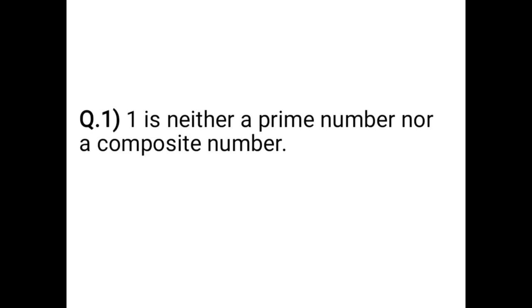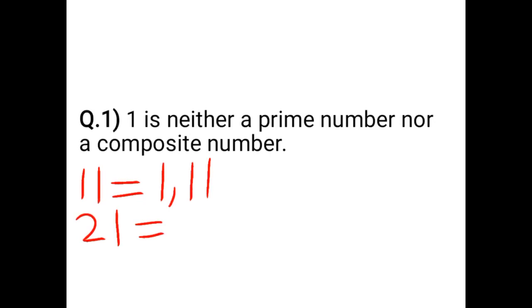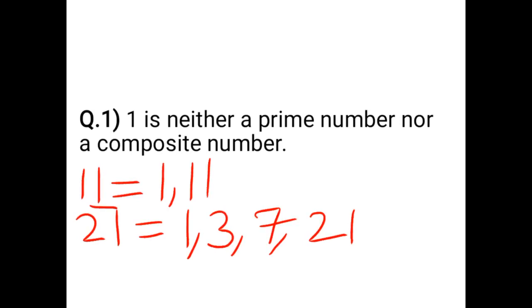Suppose I take number 11. Number 11 is going in which table? That you have tried. Number 11 is going in only one table. So 1 and 11. Another number I will take is 21. Number 21 is going in which table? Write that. Start from 1, then 3, 3 sevens are 21. Then the 7 table, 7 threes are 21. Then 21. Both numbers 11 and 21 have 1 in the unit place.